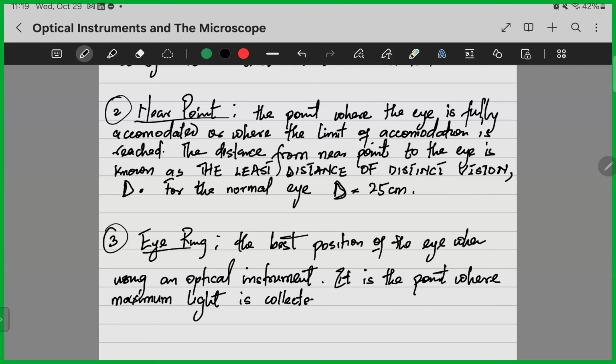So keep that in mind. So whenever you want to use this formula, in this case, D